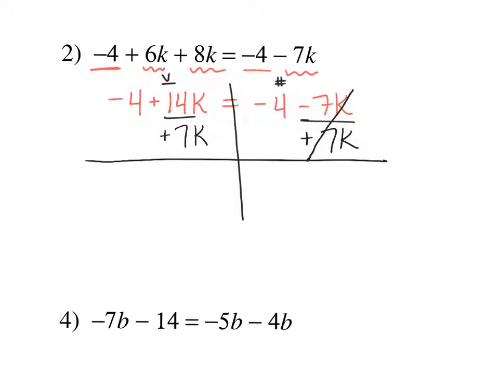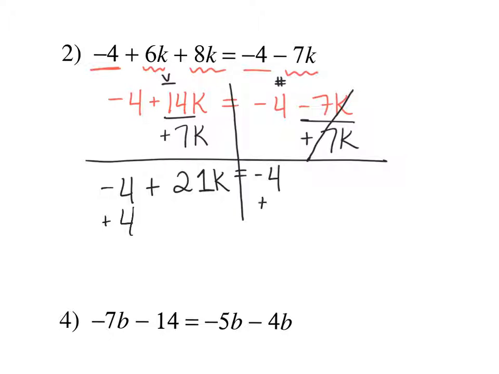Canceling them out from the right-hand side, carry down my -4, carry down my equal sign. Now I have -4 plus, and then my 14K plus my 7K gives me 21K. Now it's a 2-step equation like we practiced yesterday. Again, on the left-hand side, I have numbers and K's. I only want my variables on that side. We called that the variable side up here. So I need to get rid of this -4. So to do that,